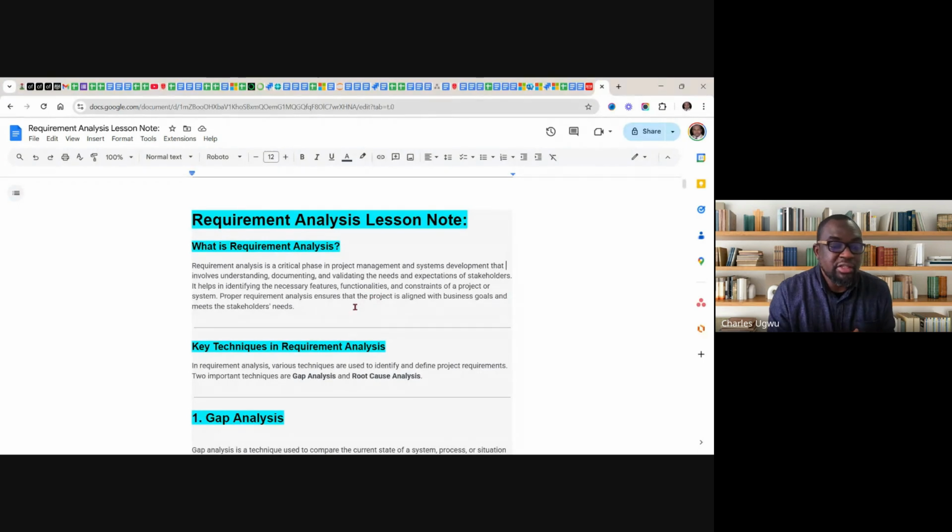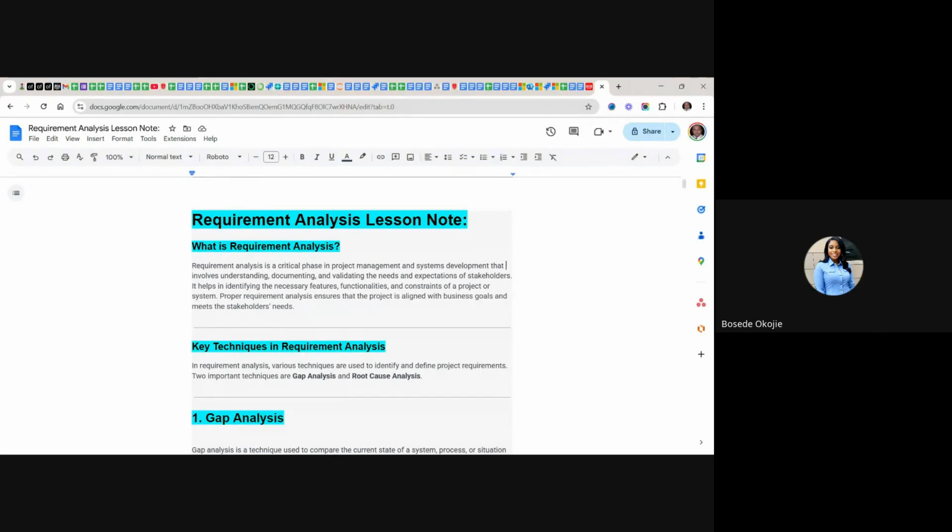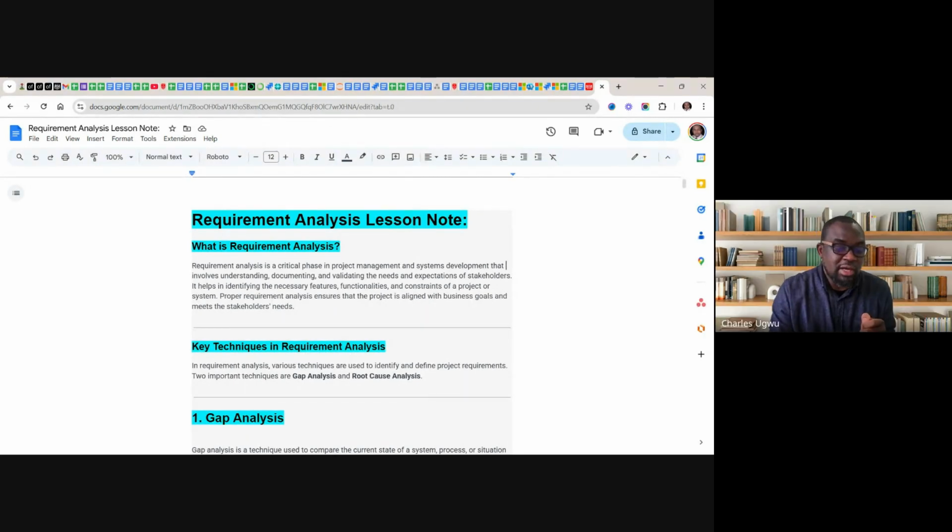Proper analysis ensures that the project is aligned with business objectives and meets the needs of stakeholders. So we'll try to understand all these needs of stakeholders. So everything we gathered from them, we'll take it bit by bit to analyze them. And that is why it's very important that